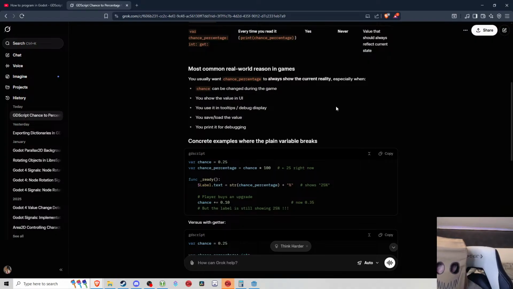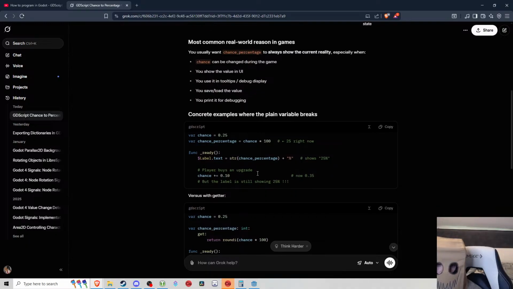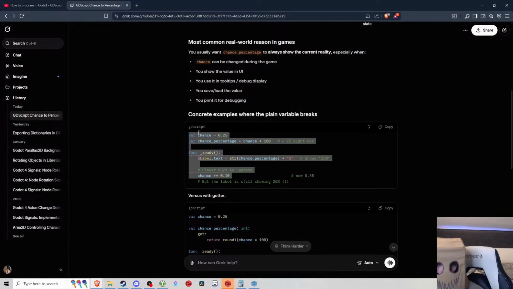Okay. So that's 25 right now. Okay. Ready, label.text, string, chance shows 25%. Sounds good. Player buys an upgrade. Chance is plus equal to 0.10. Now it's 0.30. But the label is still showing 25%. Okay. So my assumption is that since this updates further down the line, then hypothetically, if